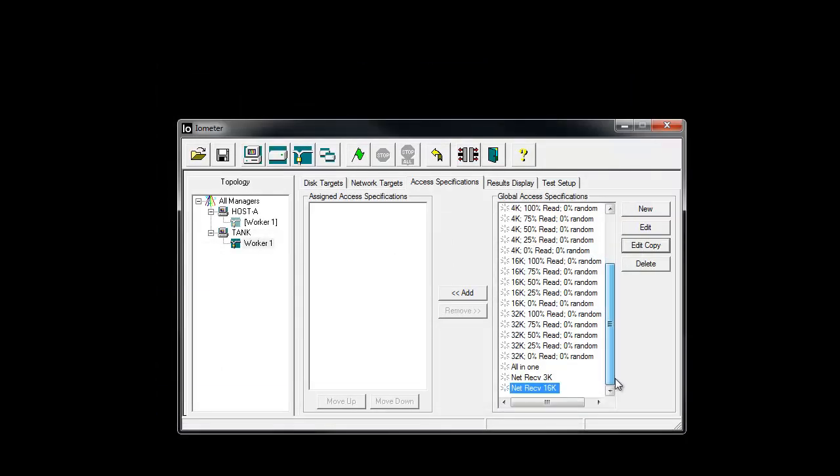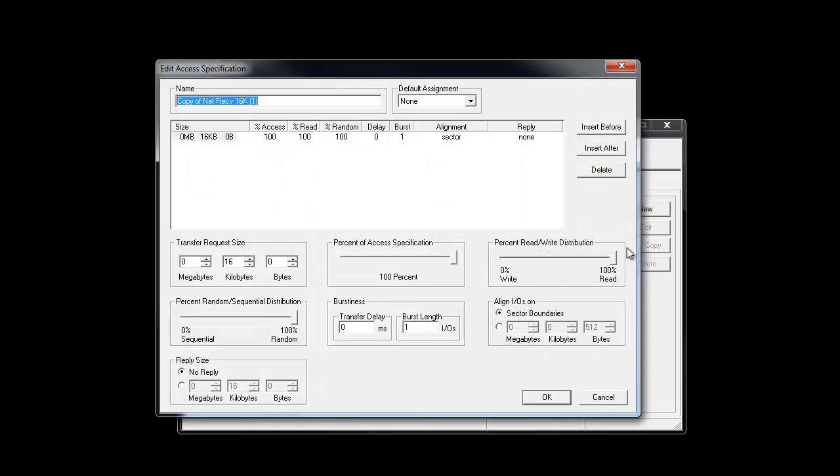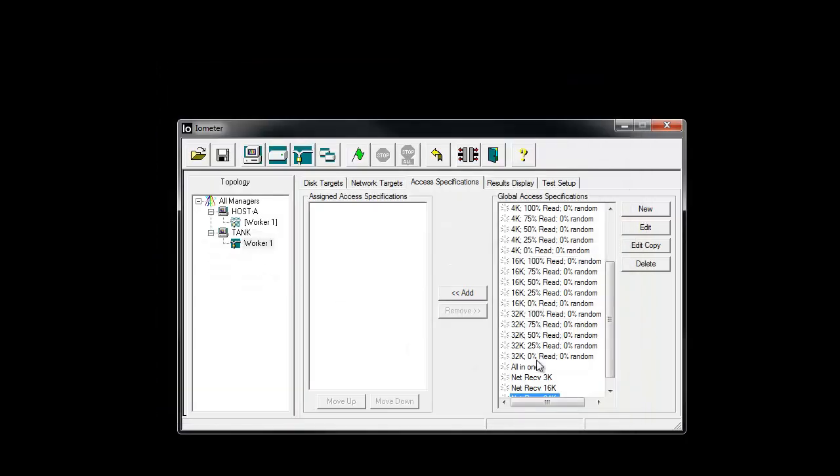And we're going to create one more copy, edit copy at 24K. And we'll save that off. Okay, good. So we have 3 new access specs created here. Let's add them to the assigned access specification side. Add, 16 add, and 24 add. Good.